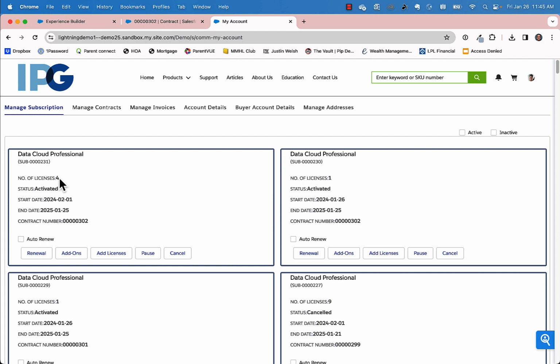self-serve, allowing customers to come in here and determine if they're going to update, if they're going to add on, if they're going to add licenses without ever having to talk to a sales rep, talk to a customer support rep, engage sales ops or rev ops. All of this is being done in a touchless environment, and this is the power of Salesforce subscriptions that allows you to scale whether you have 100 customers or 100